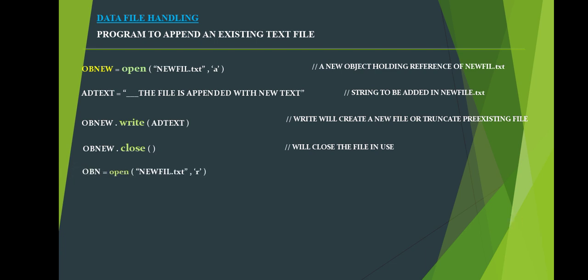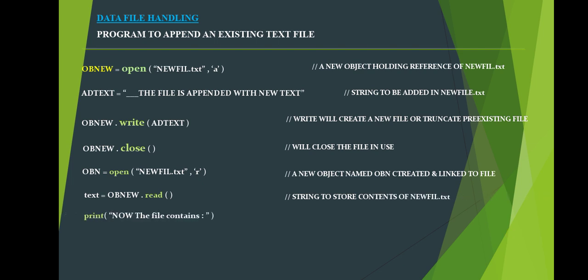Let's work out ahead whether whatever we have performed in the above section of the program code has been successfully achieved or not. Here we'll open the file in R mode, that means read mode. This function will open the file in read mode, and it will link to obn. So let's read with the help of the read function. There's a correction here: it's not ob new, it's obn dot read, and that content will be retrieved from the file and assigned as a value to text.